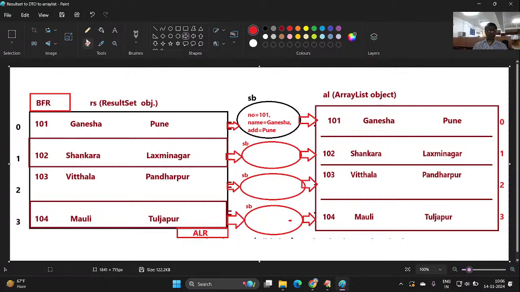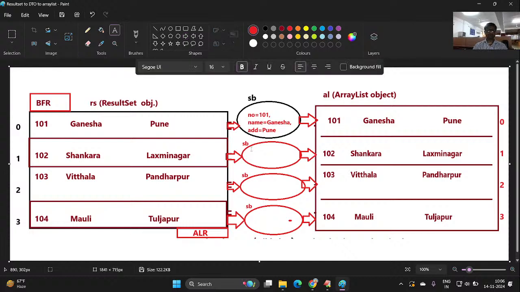Okay, and here the number is equal to 102. Name,